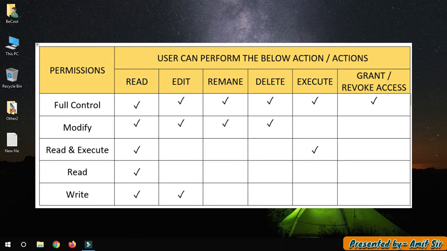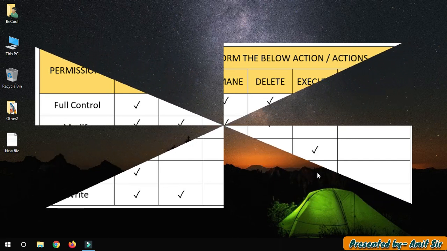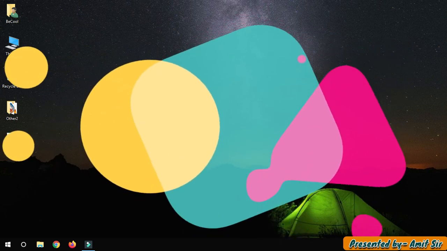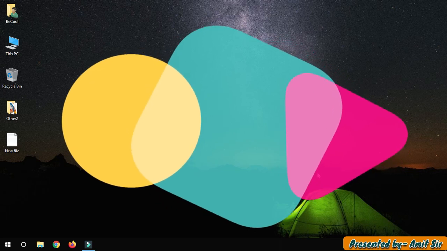So I hope now you understand the different types of user account in a computer, how to add or delete an account by the system administrator in Windows 10, how the system administrator can grant or revoke the privileges of another user, also how to provide specific privileges or permission to different user for a file or a folder, and the different access level or permission level that are available in the security or permission tab.